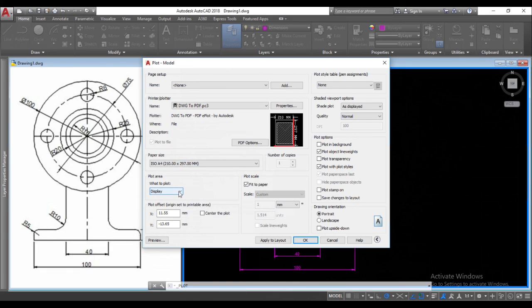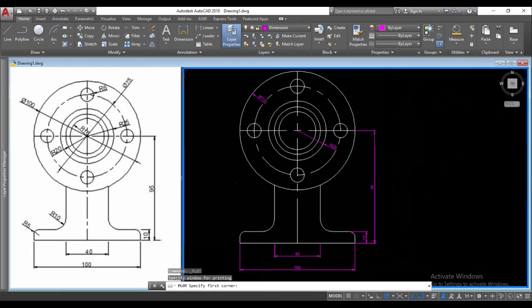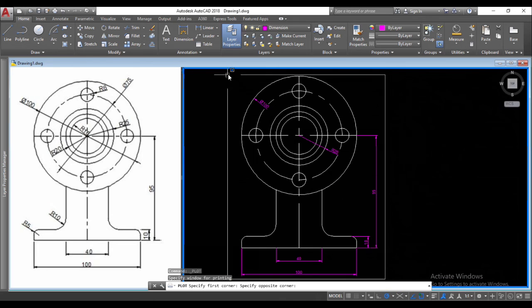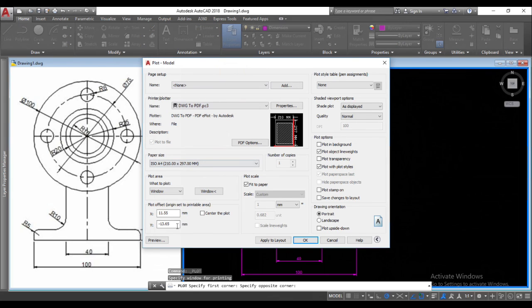And display what to plot, and we could choose Windows here. We have not entered any limits, so it's asking us for a plot corner, so we want to plot from here just what's in this window there,